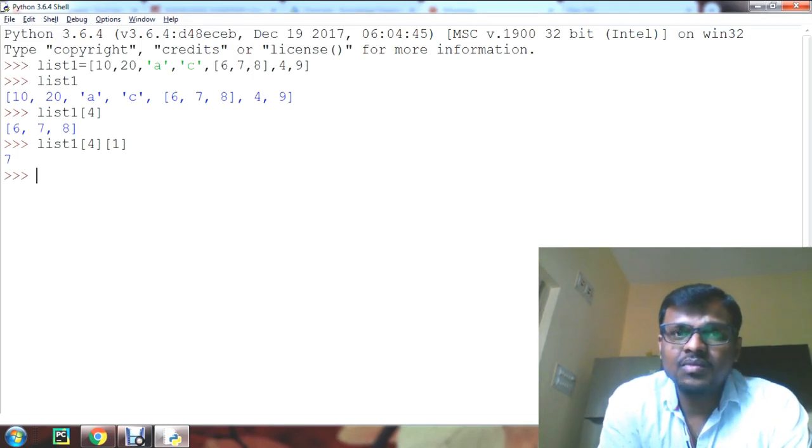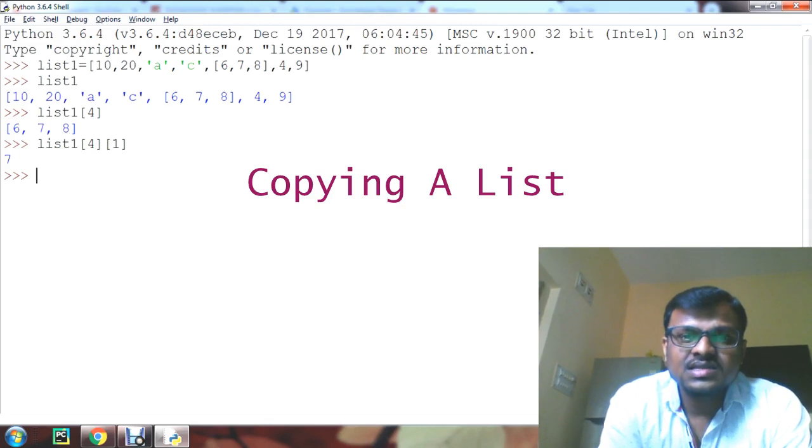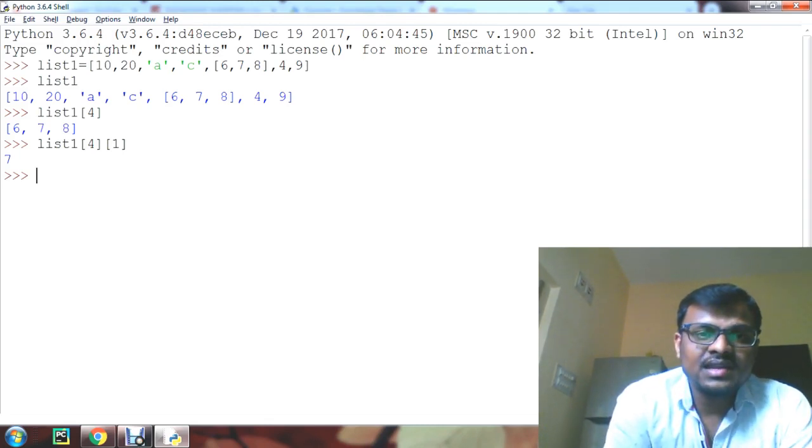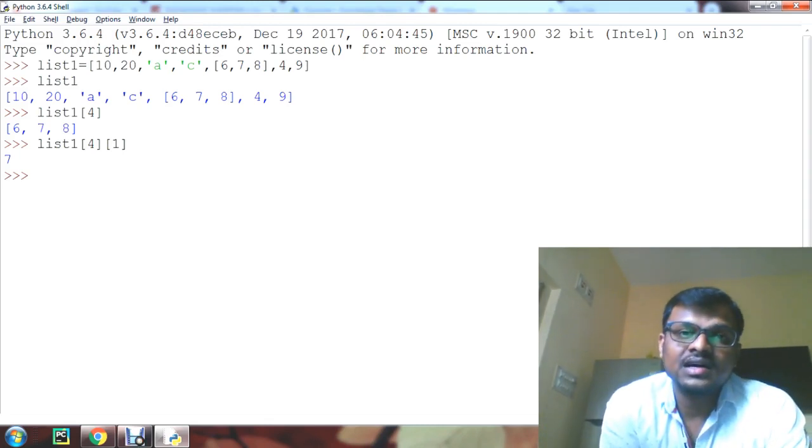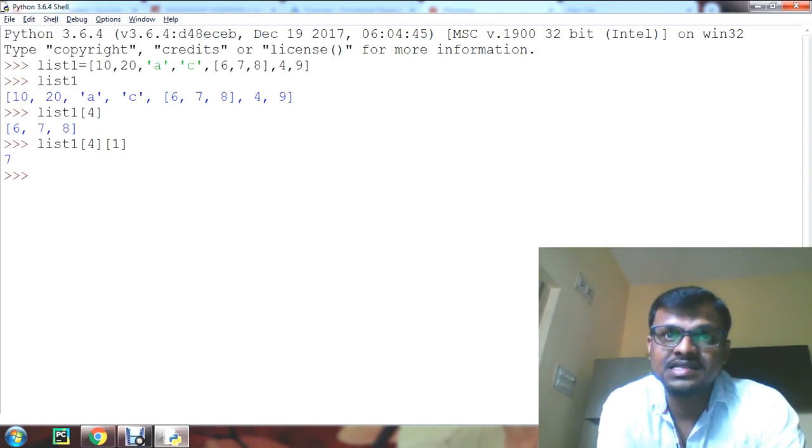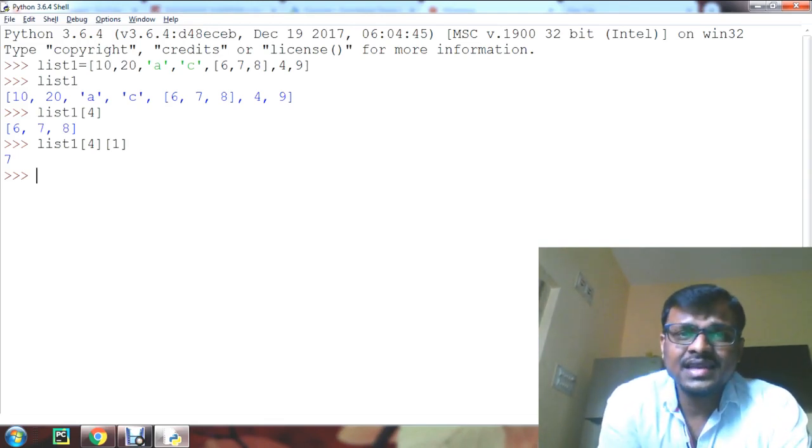We'll move to the next concept called copying a list. Sometimes we need to copy a list and have the same elements in another list. In that case we can use the copying list options.